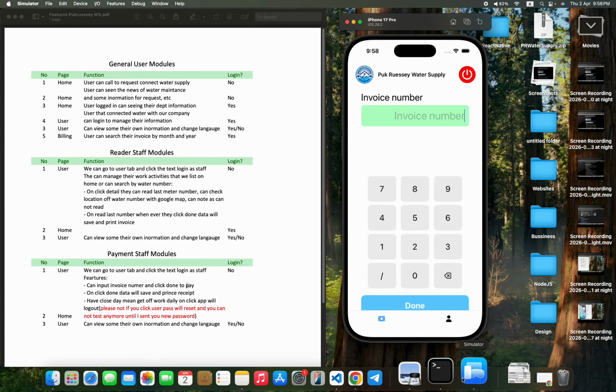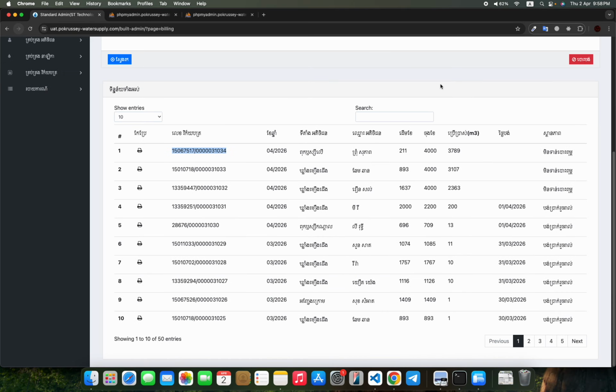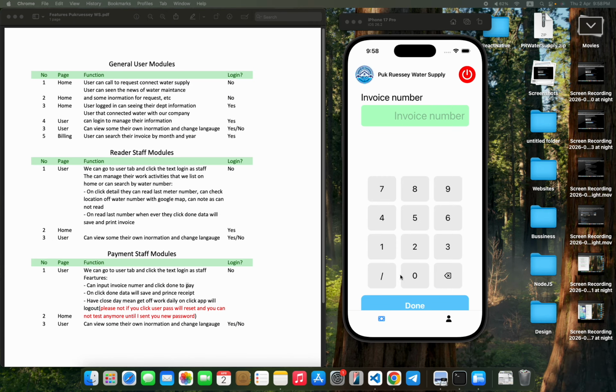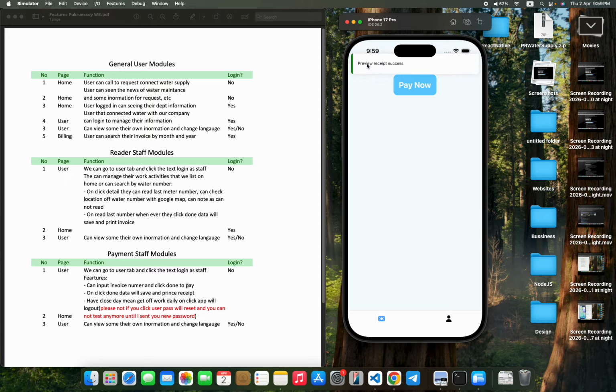Let me try. Cannot paste. We can only type the number. So let me type the number. 151/0000031031034. So we can click done and the preview receipt will appear.